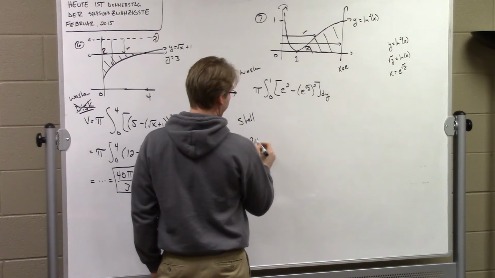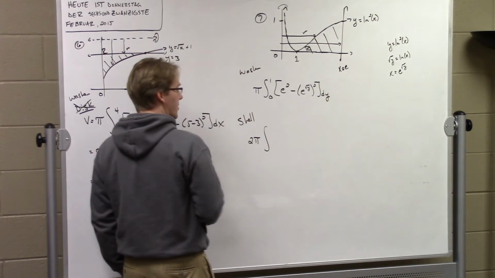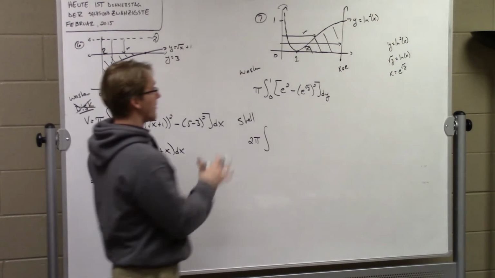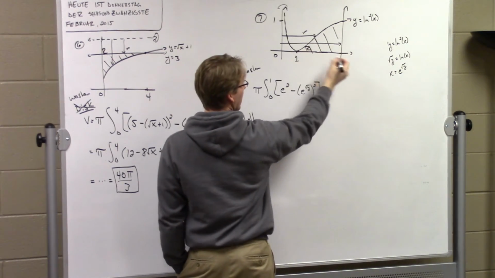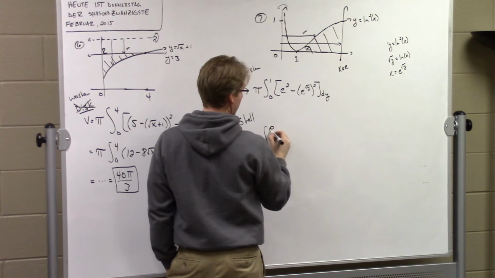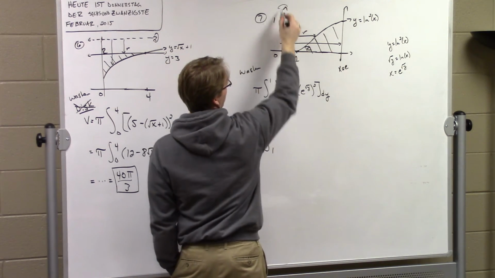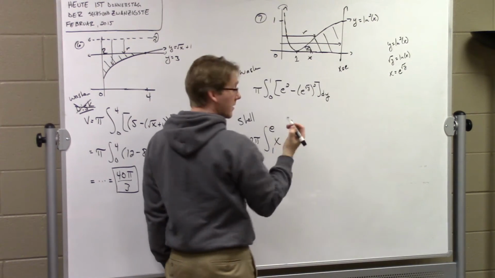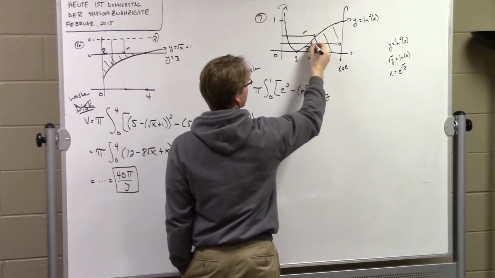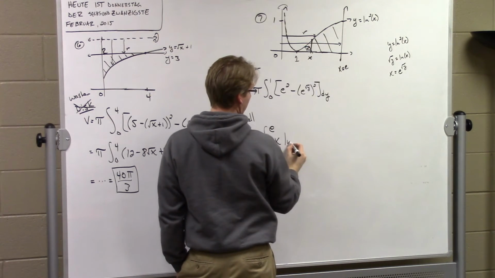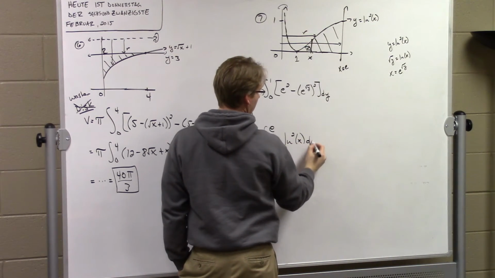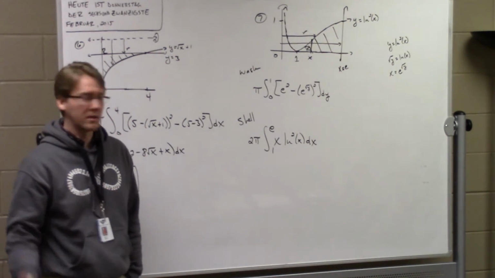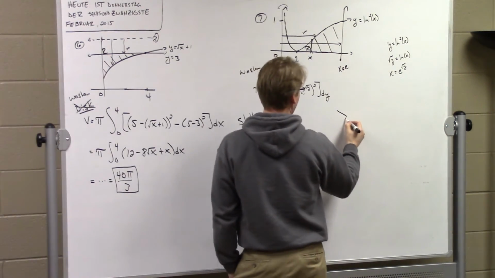Shell, 2 pi. The thing with shell is it lets you stay in x's. We don't have to transform this to a y value. My x's go from 1 to e. My radius, because I'm going around this, is just gonna be whatever x value I stop at. And my height is going to be the function value itself. And there's the shell setup. No conversions, nothing like that. Both of these will give you the exact same answer,